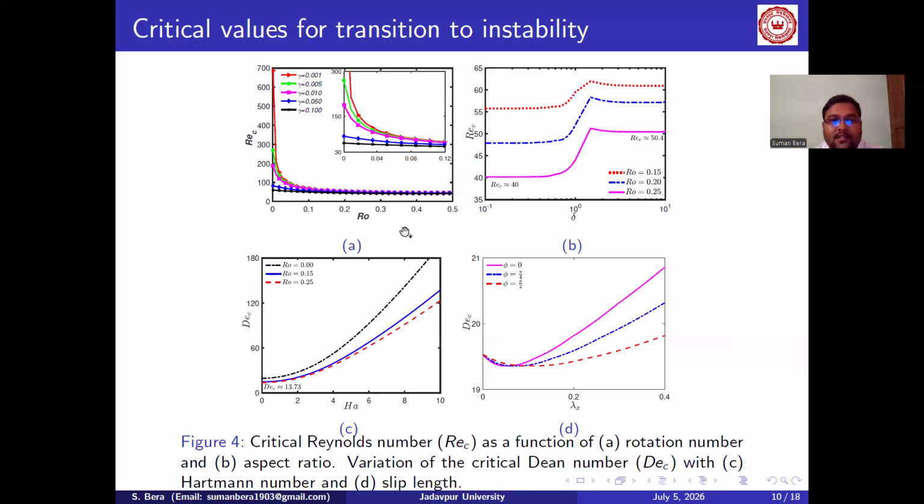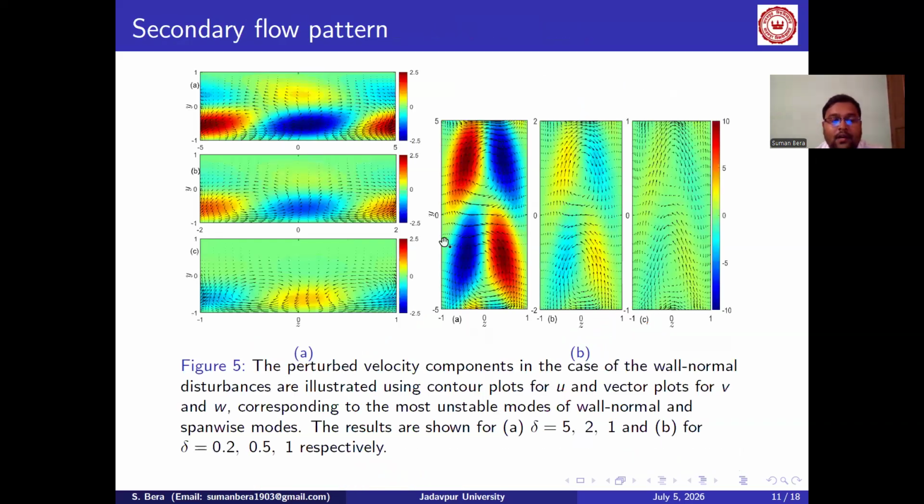From the growth rate analysis, we compute the critical Reynolds number and Dean number from the neutral stability curve. Curvature, rotation, and anisotropy are destabilizing effects and lower the critical Reynolds number and rotation Dean number, whereas slip length and Hartmann number have a stabilizing effect, which increases the critical Reynolds and rotation number. Then we plot some secondary flow patterns, which are cross-sectional flow patterns, actually counter-rotating vortices,